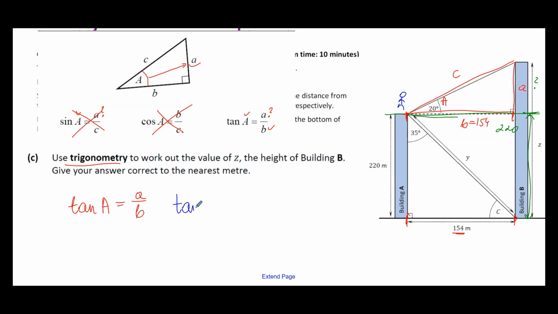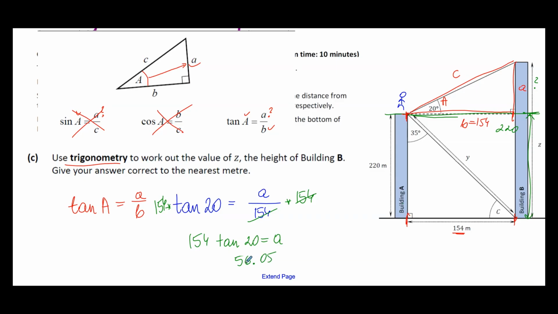The next thing, I replace letters with numbers. So my capital A is 20, and my small a is the one I'm looking for, and small b is 154. Again, I want a, not a divided by a number. How do we get rid of that division, that denominator, the bottom of the fraction? We multiply. But if I multiply one side of the equation, I have to multiply the other side. So on one side, I have 154 multiplied by tan of 20, and on the other side I have the value I'm looking for. I put that in my calculator, press equal, and I have my answer,